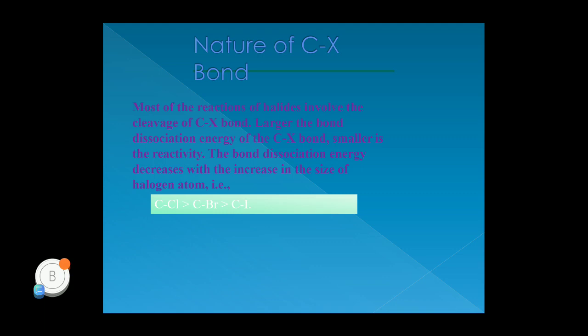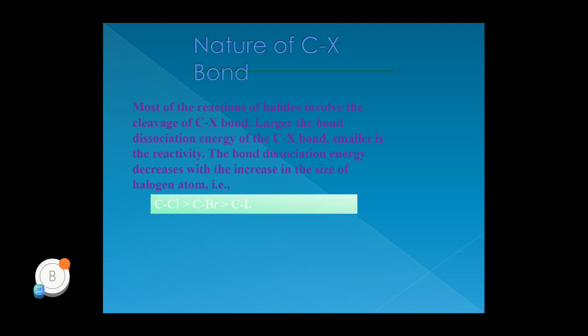So, according to size, we can make out that fluorine is of small size. Whenever it is attached to carbon, the bond length will be a little less. Secondly, when we go downside, chlorine also has good electronegativity, as fluorine has electronegativity 4 but chlorine has 3. But in comparison to fluorine, the bond length will be quite high.